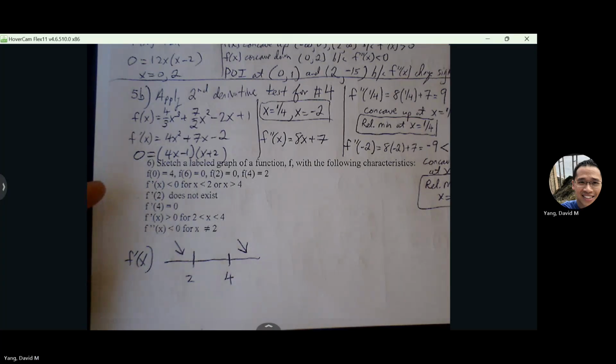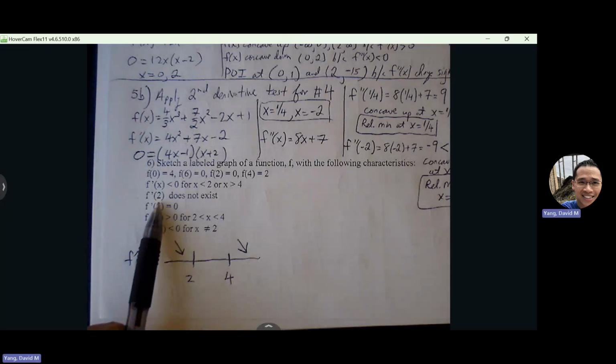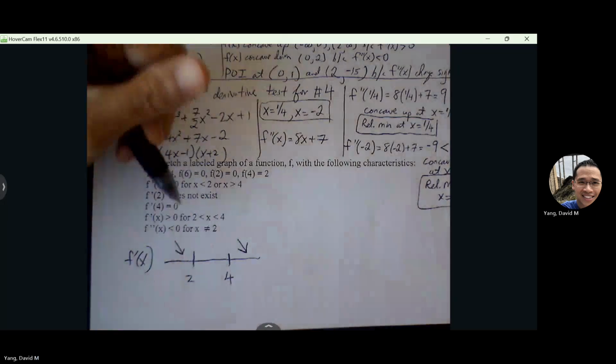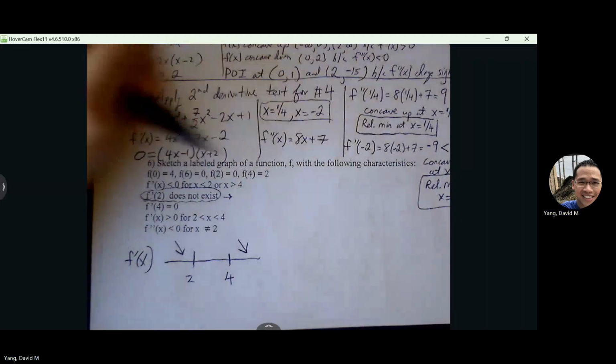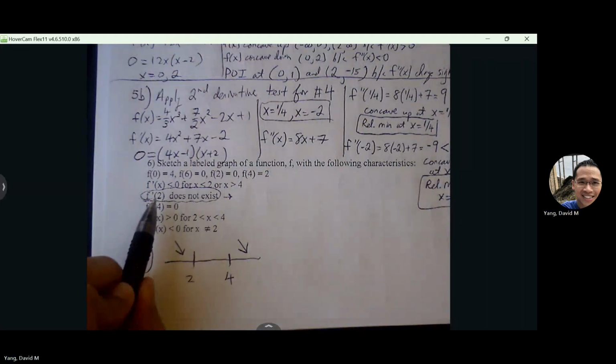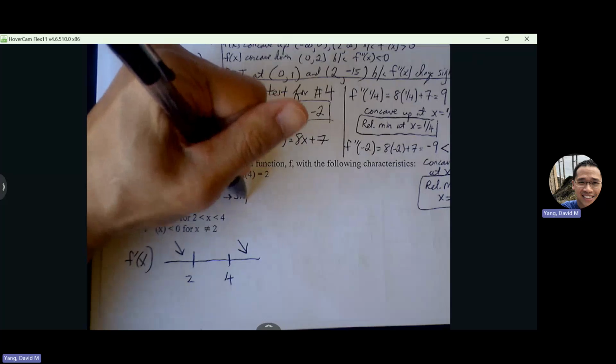Okay with that. F prime of 2 does not exist. There's a number of ways to represent this, but what does this mean? F prime of 2 means what? What's another word for F prime? Yeah, so slope does not exist. Now, this can either mean there's a sharp turn,